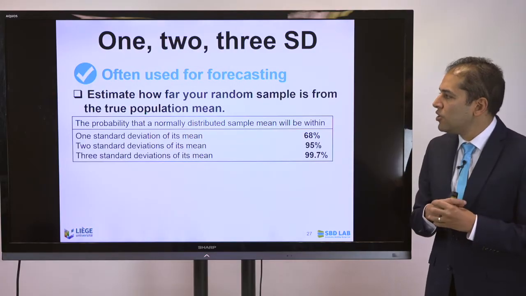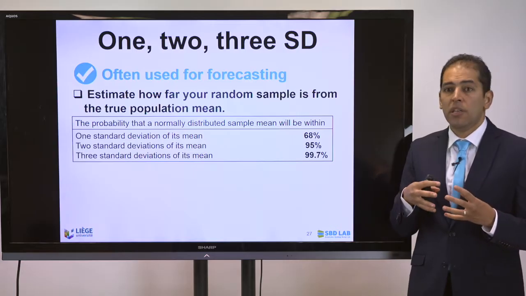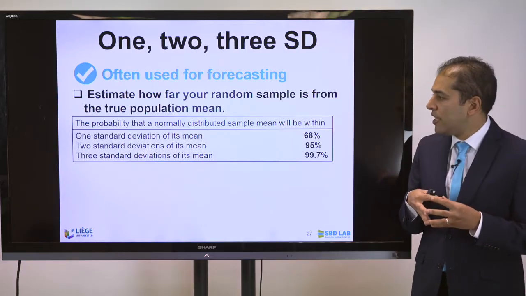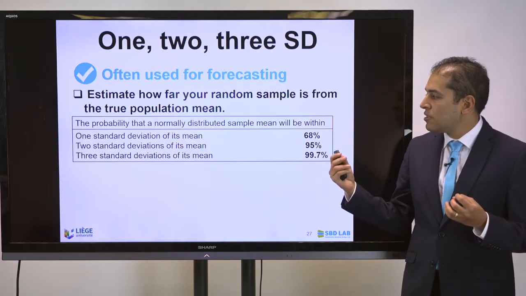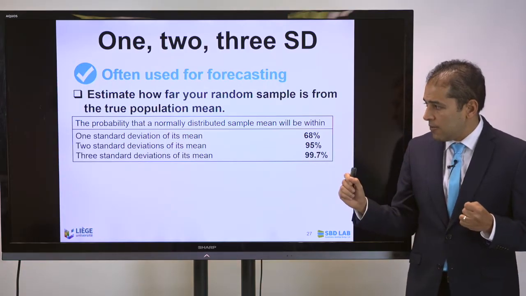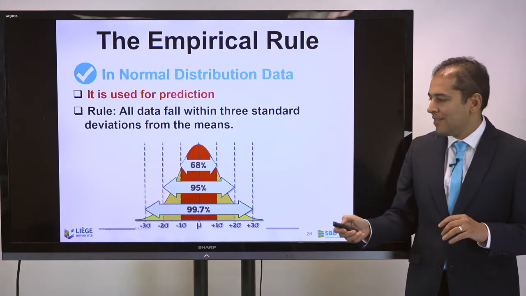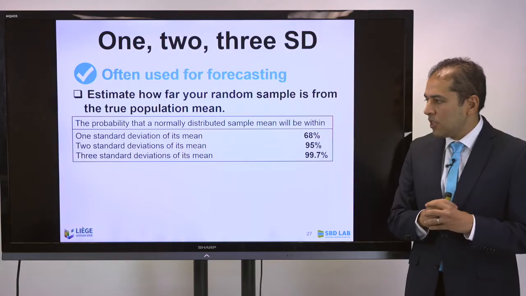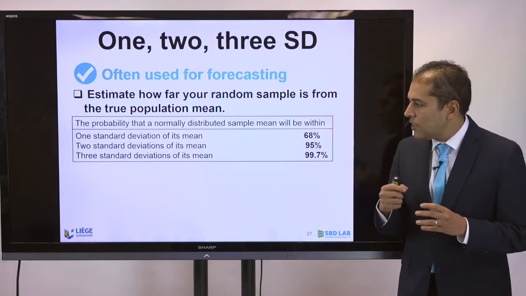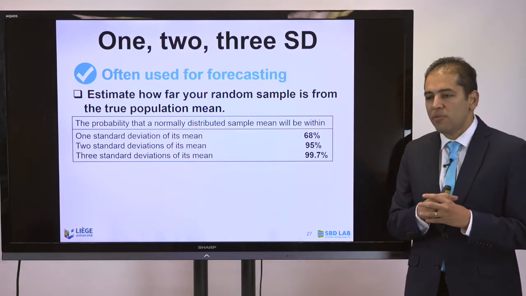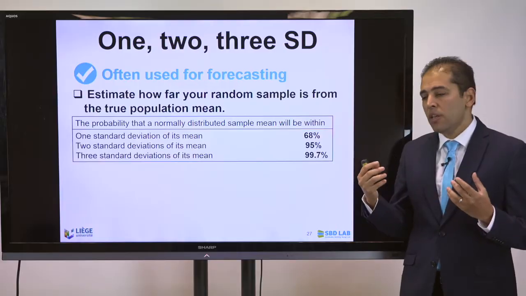Now, as you can see, we try to estimate how far your random sample mean is from the true population mean. So here we calculate the probability that a normally distributed sample mean will be within a certain range. And here we have the 3 aspects like I showed you in the visualization, the 3 categories. Either we have 1 standard deviation of its mean at 68%, or 2 standard deviations of its mean at 95%, or the higher quality, 3 standard deviations of its mean, in the range of